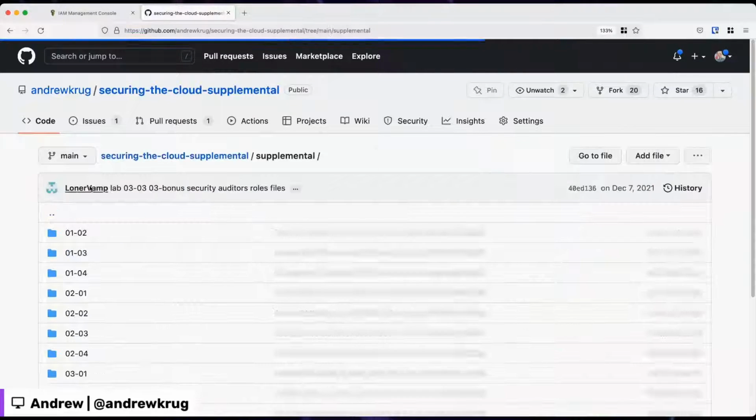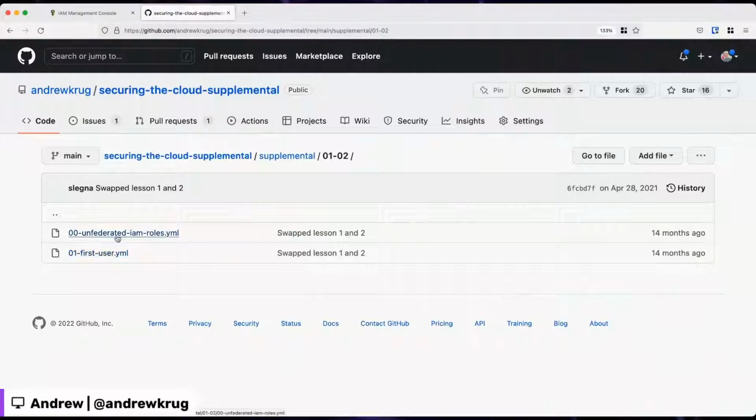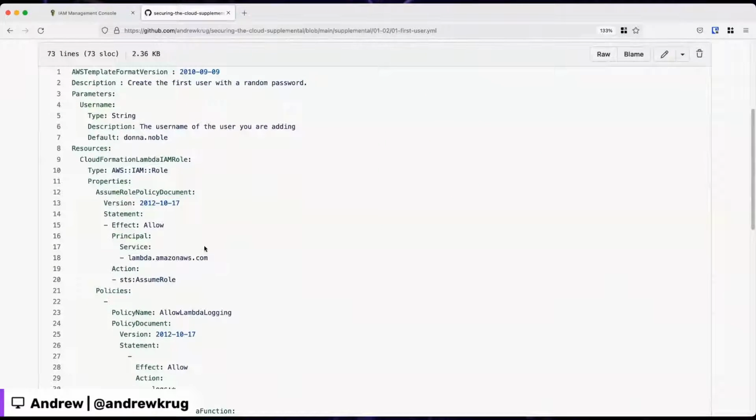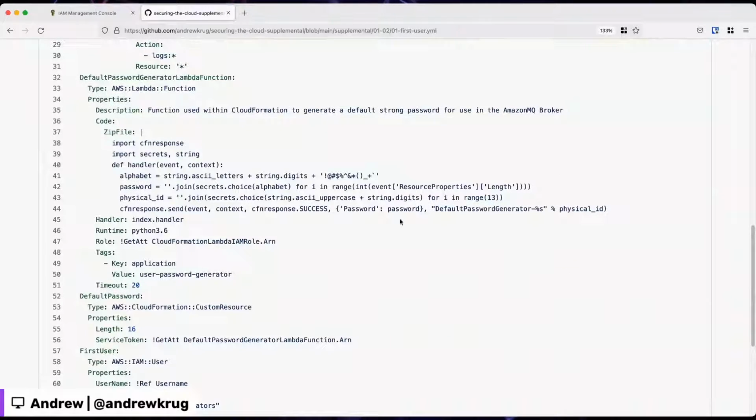And let's see if we can go and find that file. So yeah, the first user and the roles are part of that initial setup. What's unique about this first user is that it has a randomly generated password, using some special syntactic sugar in serverless that generates a random password for that user that's compliant with all password policies.